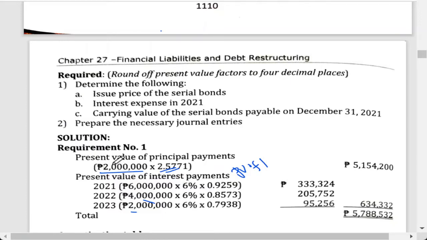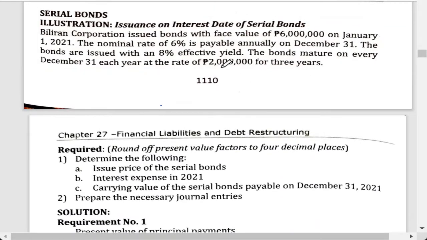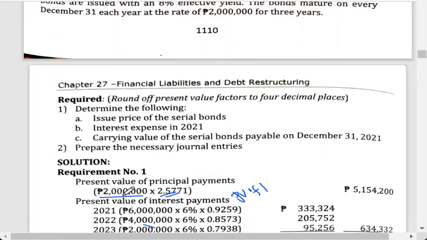But since this is a serial bond, the amount that we're going to place here is the regular payments of the principal. So based sa problem, 2 million siya every payment. So 2 million ibutang diri. Remember that the present value factors that will be used or that will be multiplied depend on the payment intervals niya, or kung lump sum ba siya or installment. Remember that we use the present value of 1 if it is a one-time payment or lump sum payment. And present value of